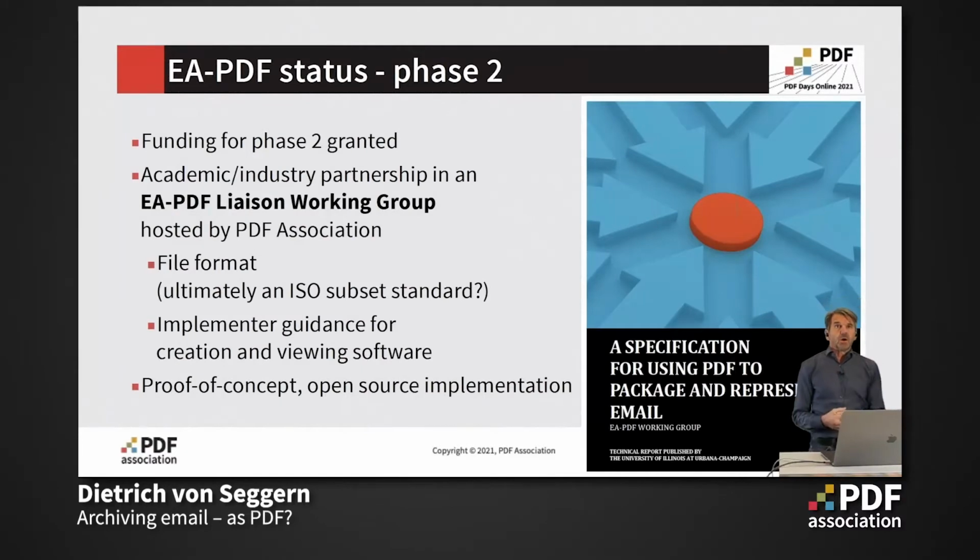And that's not all. The paper is a result of phase 1. We are about to enter into phase 2 of the project. And major parts of that work will take place in the EA-PDF liaison working group hosted by the PDF Association. In that second phase, we will develop a file format that might ultimately end up as an ISO subset standard similar to PDF-A. We want to develop implementer guidance and also proof of concept